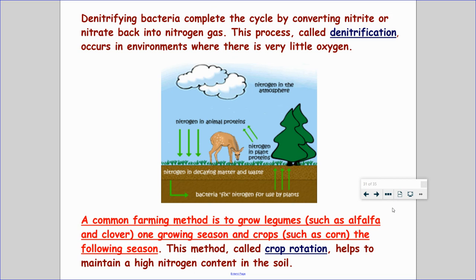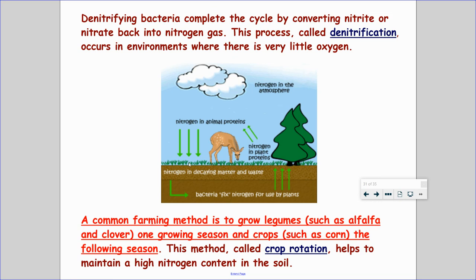Thing is, we don't always just want nitrogen in the ground, we want it also in the atmosphere. So there has to be a way for us to take it from the ground and put it back in the atmosphere, and that's why it's part of the fast cycle. So I talked about bacteria called nitrifying bacteria that do nitrification, which essentially means makes us some nitrates. We have a backwards process called denitrifying bacteria and denitrification. Essentially, another type of bacteria takes our nitrates or our nitrites and makes it back to nitrogen gas, which is